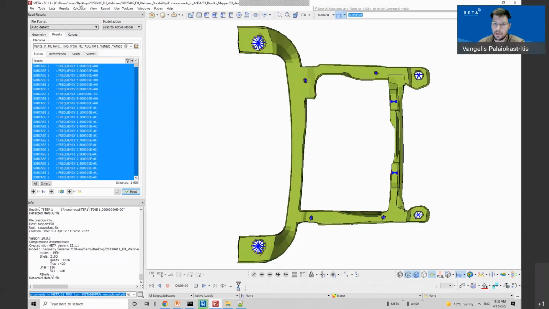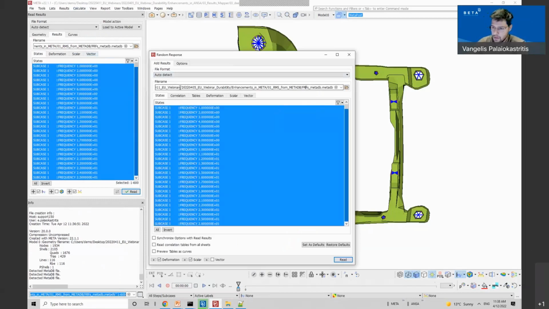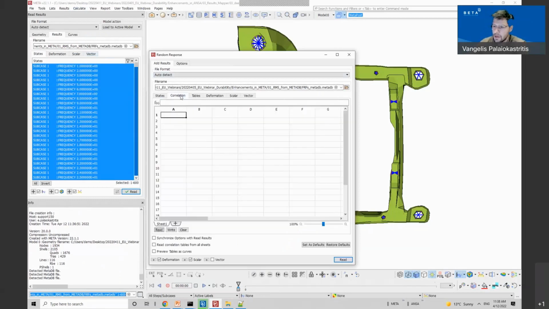Random response. Okay, here the states are read in the random response tool.